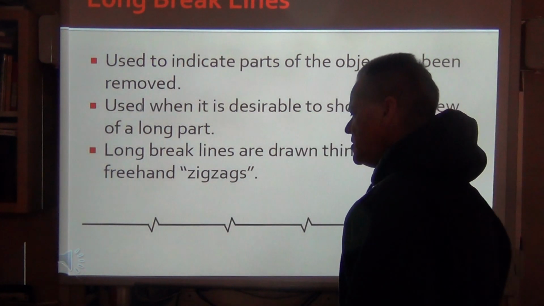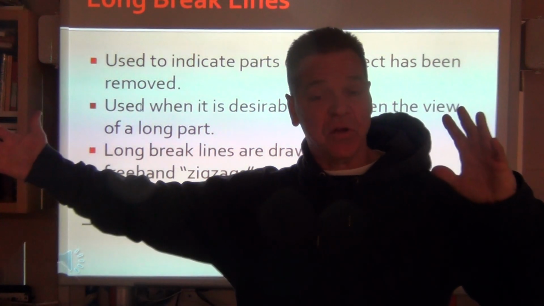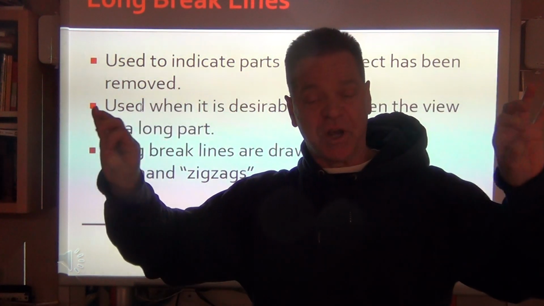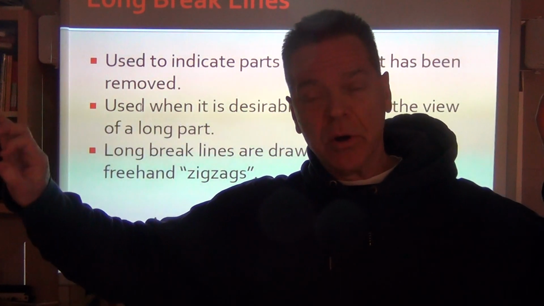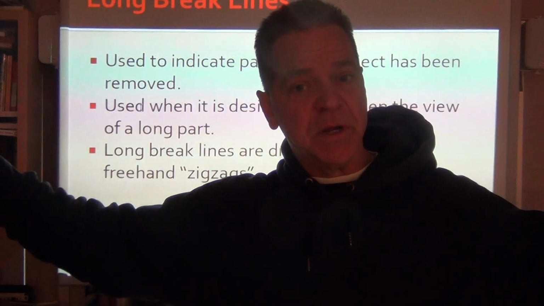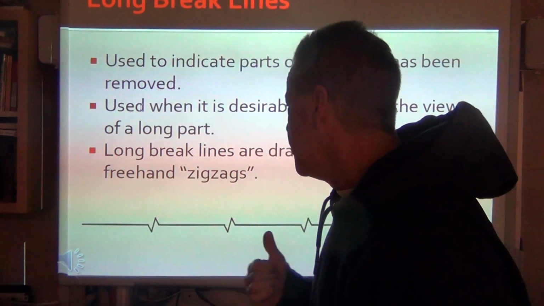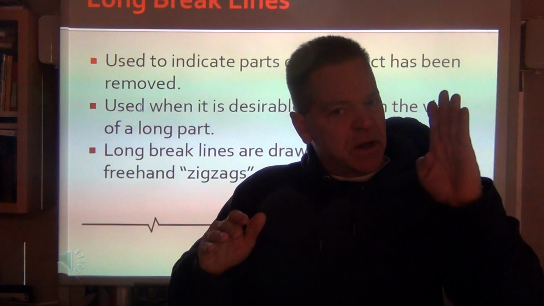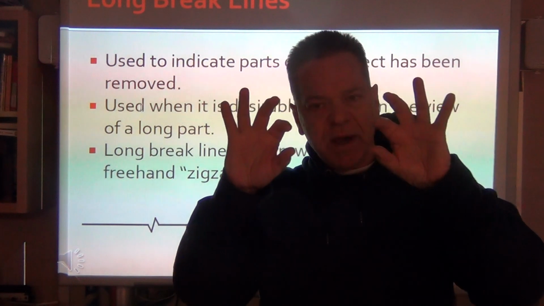Okay? There are times in a drawing where you have a great big long thing, say a thing is 8 feet long, but basically 7 feet of it is all the same cross section. This is common with something like an axle, right? An axle is a big long bar, with a thing on this end to connect, a thing on the other end to connect, and the whole bar in between is just a cylindrical shape. So you can use a break line to take away part of it. Say we're going to put a break line here and a break line here, and just show you what this end looks like, what this end looks like, and that cylindrical shape